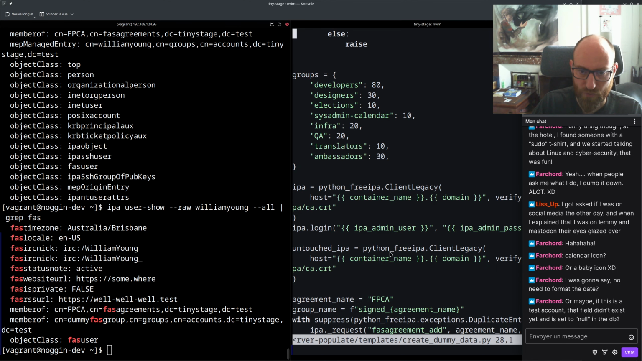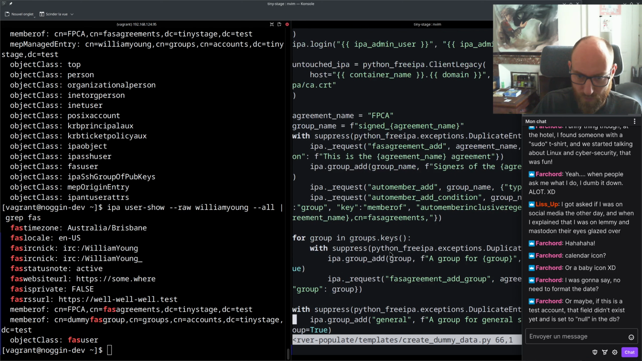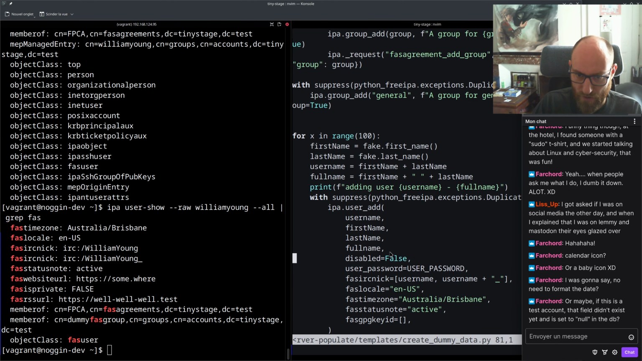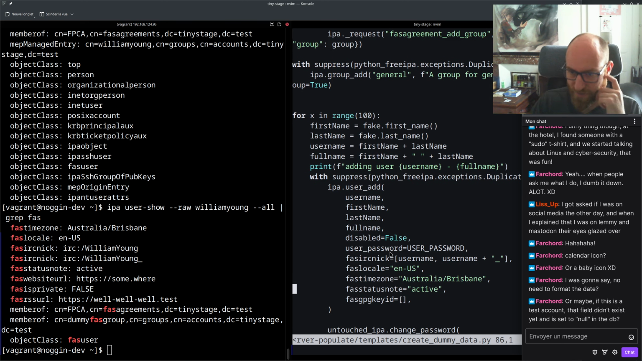Okay. And we're creating them with... That's creating the groups, creating some users. Okay. Yes. Of course, that's here. That's where we're missing the creation date, and it's not automatic. So,